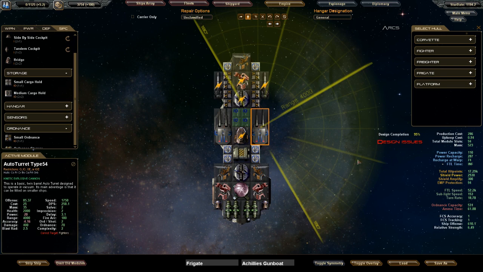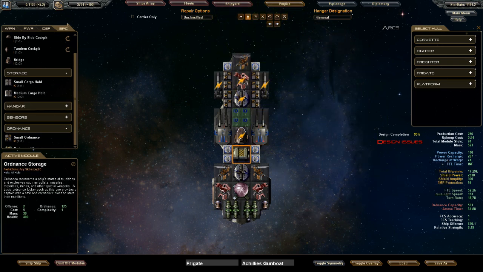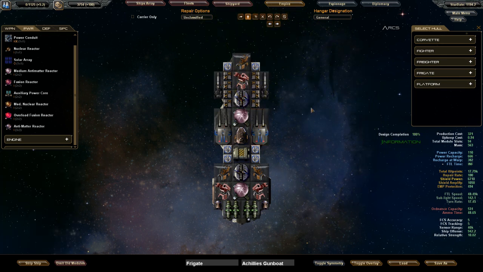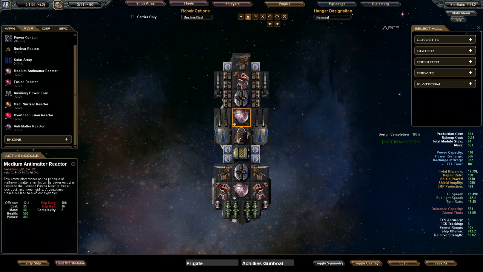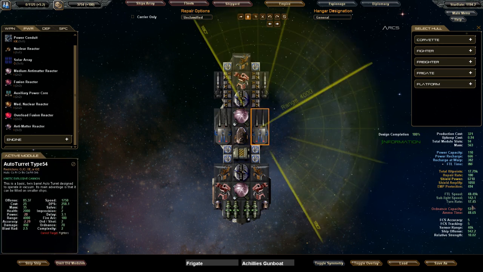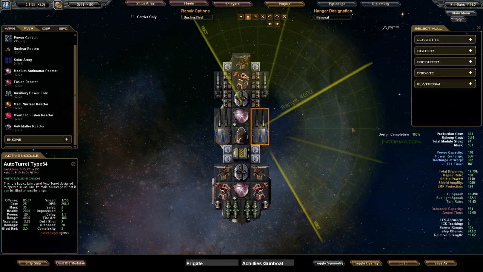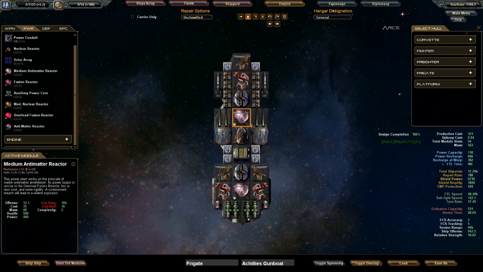So if I ditch a reactor, we've still got plenty of... It seems to me... I'm just going to press Control Z to put that reactor back in. It seems to me that we may have just too much power. We've got more power than we actually need. So shield power...